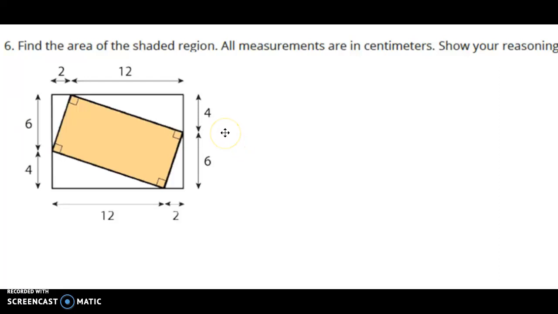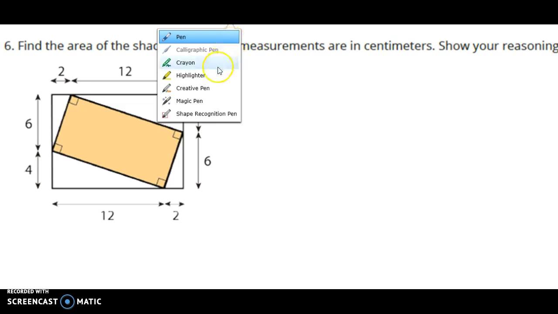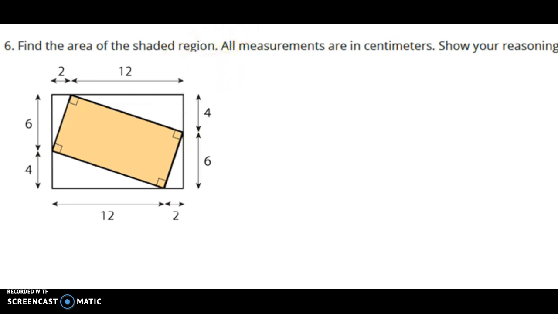All right, so this problem requires us to find the area of the shaded region. But in order to do that, I'm actually going to start with the area of the non-shaded region. So to help you know what I'm talking about, I'm going to start by highlighting that area. So what I notice is that I have a triangle here that is the exact same as this triangle down